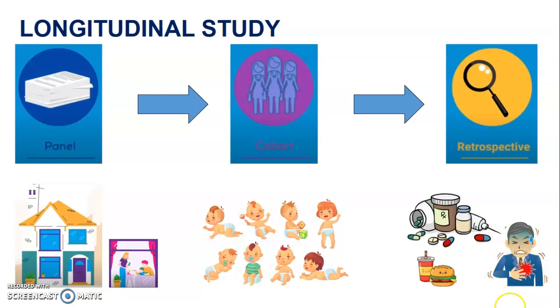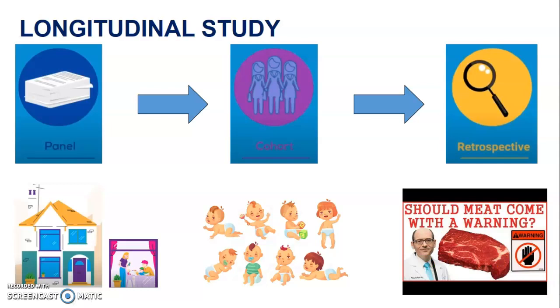So they might look at things like cardiovascular diseases, they might look at the uses of medication, maybe the use of fast food and the effects of a specific condition that might be happening. And this is where we get these big claims: should we be eating red meat, and does red meat actually cause cancer? And I spoke about this in class where there was a study that did come out back in 2011, I think it was, or 2010, about how red meat does cause cancer, and it can be very